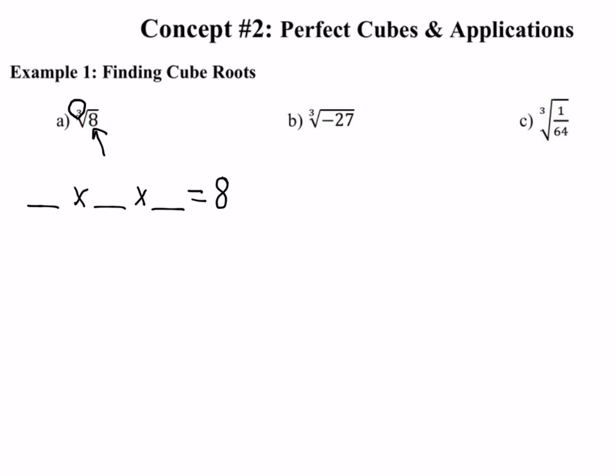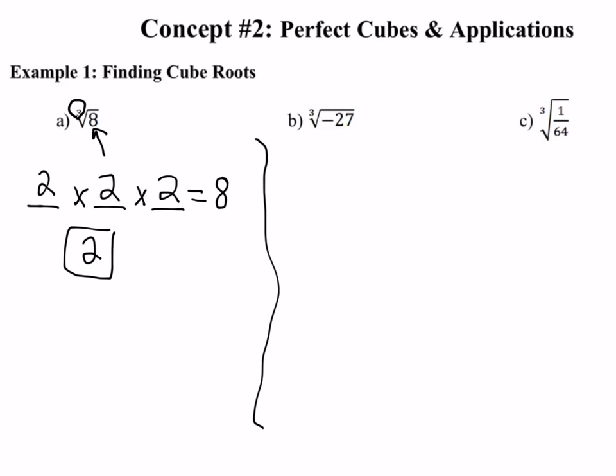So you can guess and check to start out when you're first starting these, or if you know that 2 times 2 times 2 gives you 8, you're good to go as well. So the cubed root of 8 is positive 2. Let's look at another one. So again, this 3 here is called your index. That 3 means what times itself 3 times